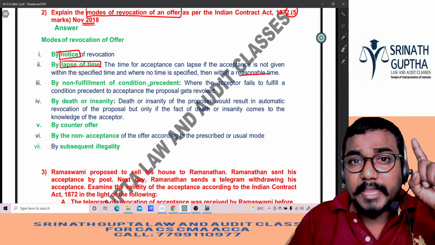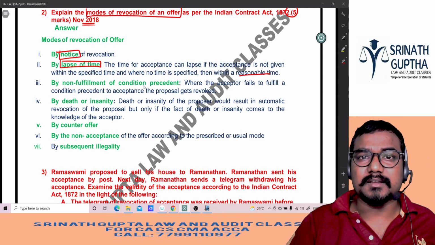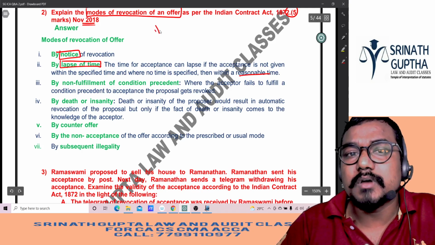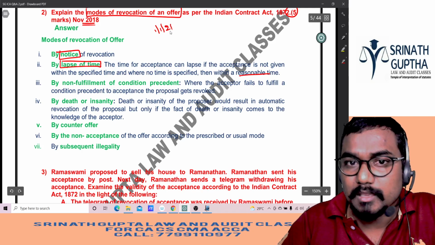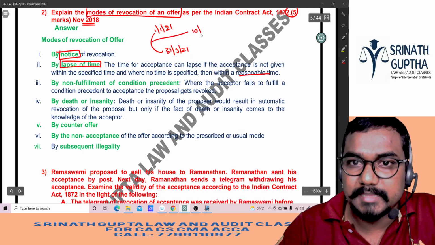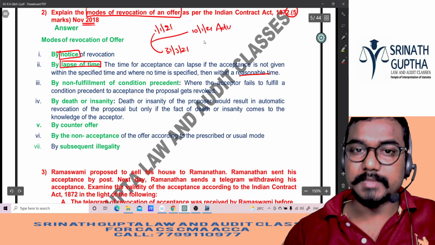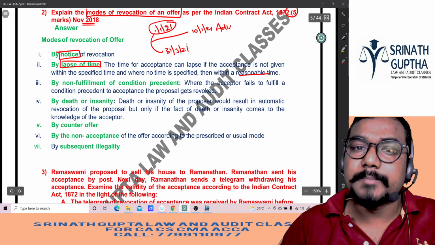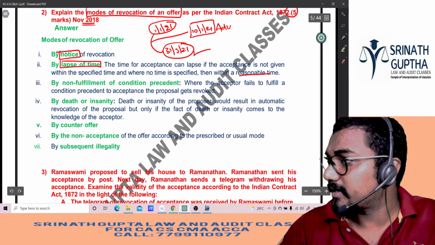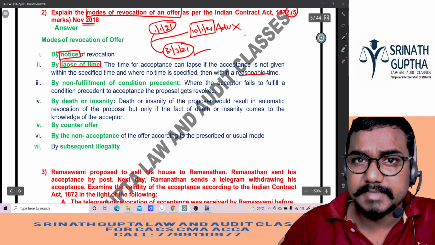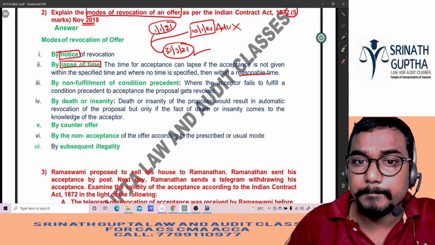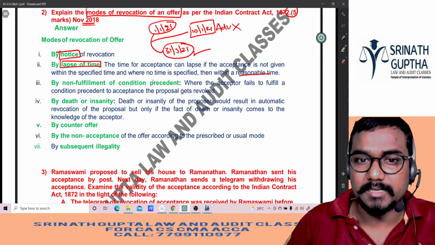I'm keeping some condition. If you satisfy that condition, then only I will sell the car. If you're not satisfying the condition specified in the offer, the offer comes to an end. On 1st January, I said to Rohit, I'll give you the car on 31st March if you give me advance on 10th January. It must be performed on this date. If you are unable to satisfy my condition, the offer dies on that date itself. Non-fulfillment of the condition precedent. Precedent means predetermined, predecided.